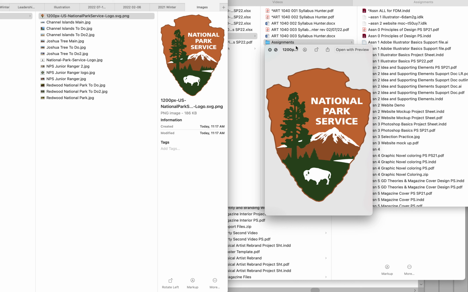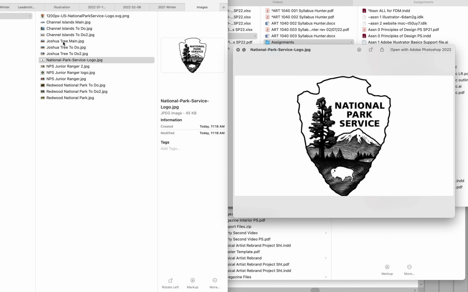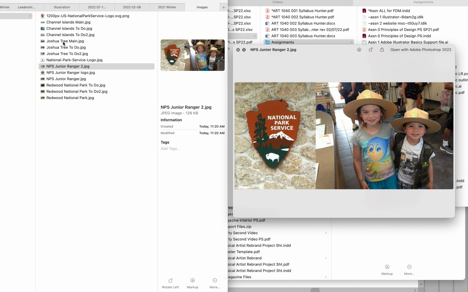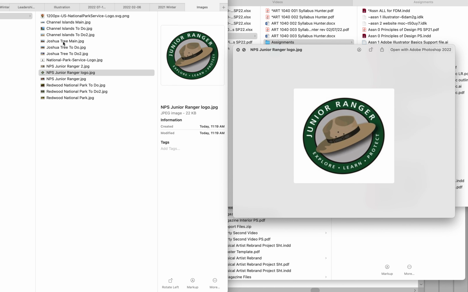And this is my Joshua Tree to do, and secondly, an observation or a star thing. Observatory, sorry. I got a secondary National Park Service logo, a black and white version. And I got some junior rangers that I might be using because that's a pro